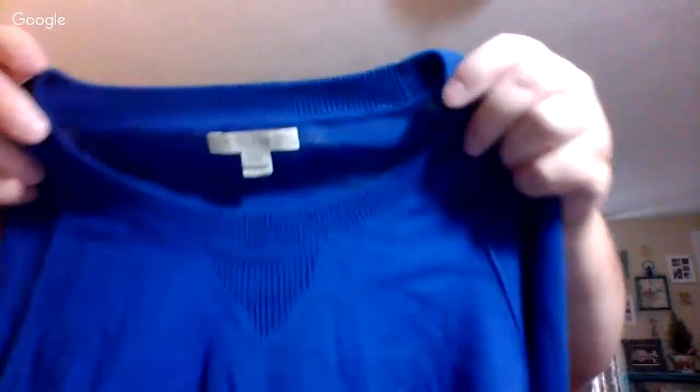This is a cotton sweater right here. It's blue, nice blue color. See the emblem right there. The Burberry Brit newer tag. And you'll see something, and I talked about this recently, how companies have outsourced so much of their clothing. Some newer Burberry stuff is actually made in China. Kind of crazy. And then companies wonder why they get